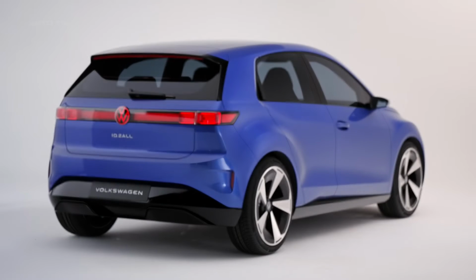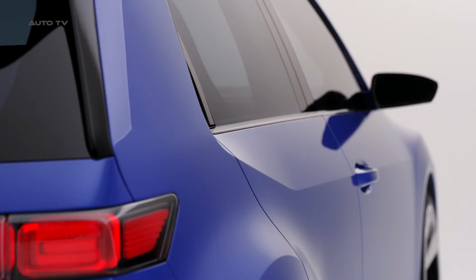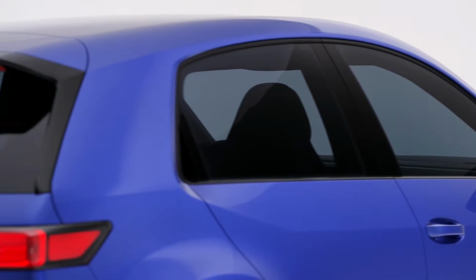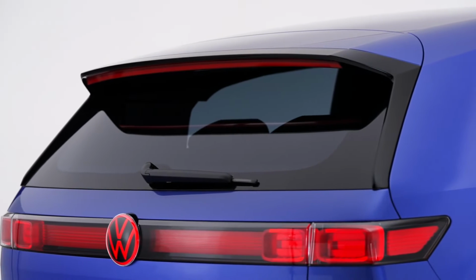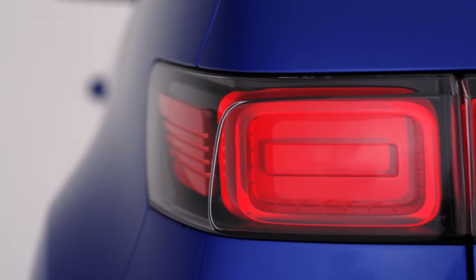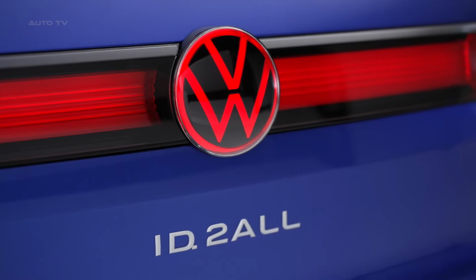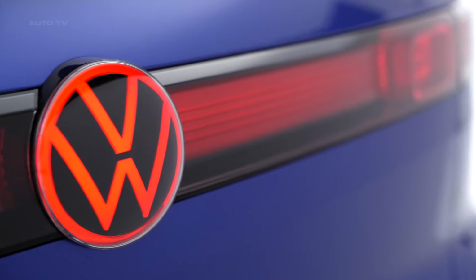Thomas Schaefer, CEO of Volkswagen Passenger Cars, said, "We want to be close to our customers and provide top technology in combination with an amazing design." The ID2 All is based on the MEB entry platform and is one of 10 new electric models that Volkswagen plans to launch by 2026. It will be equipped with efficient drive and battery technology, featuring an output of 226 horsepower and WLTP range extending